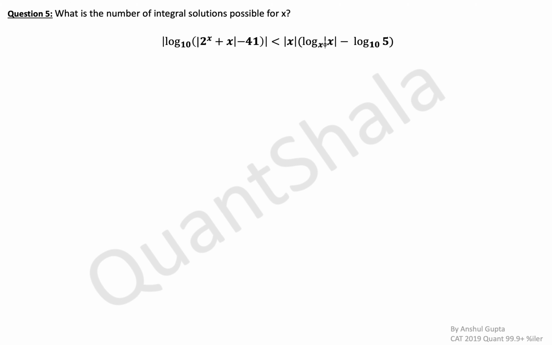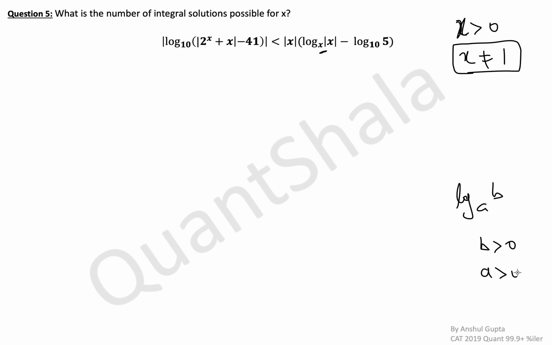So one thing that I see here is everything is in mod except this small x, which is there in base. So from base we know that x is greater than 0 and x is not equal to 1. This is something that most students screw up in. So for log, you also always have to know the domain for every function. For log, sine, cos, tan, whatever functions you know, make sure you know the domain of that, and also the reasoning why the domain is like that. For example, here simply if you have log a b, then b has to be greater than 0 and a has to be greater than 0 as well as not equal to 1. This is the thing that we have. So from here we get x is greater than 0 and x is not equal to 1.